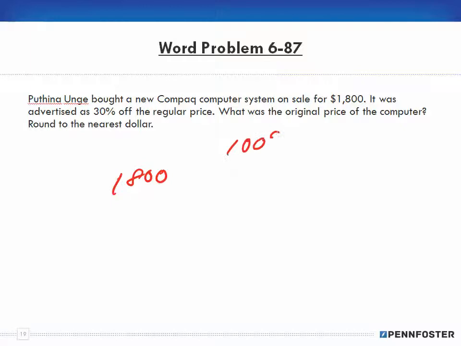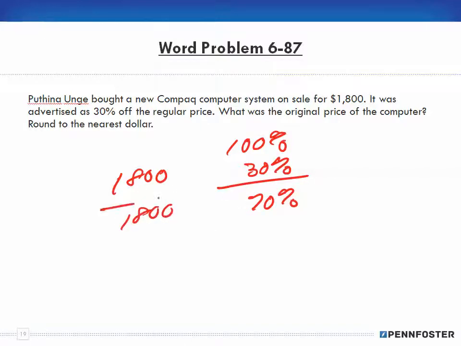So 100% is the original, and 30% off, so it was discounted down to 70%, which is how much the $1,800 was